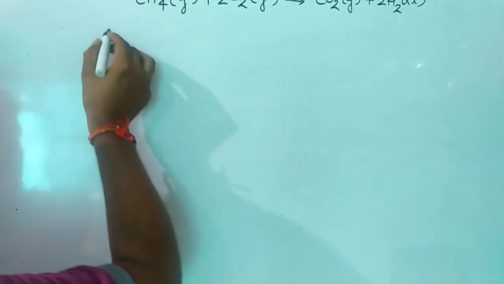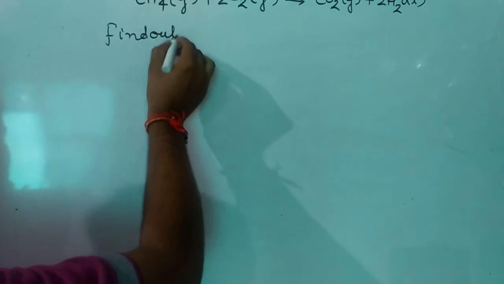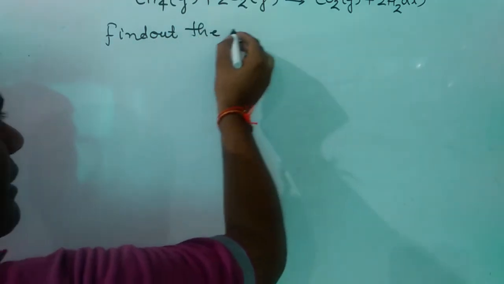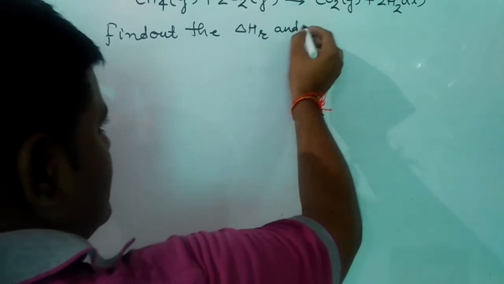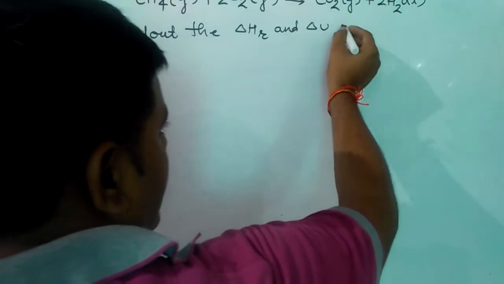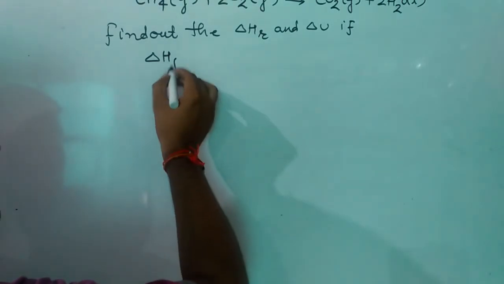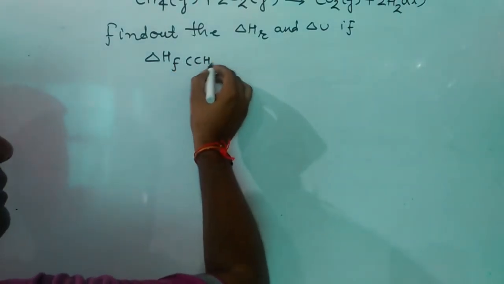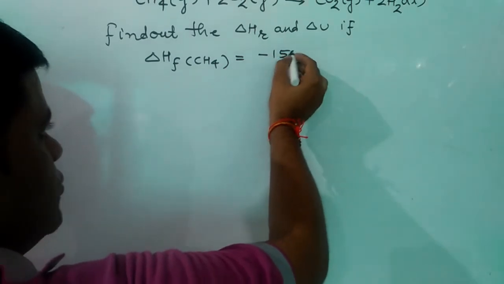Find out the enthalpy of reaction and internal energy change, if the enthalpy of formation of methane is minus 150 kilojoule per mole,